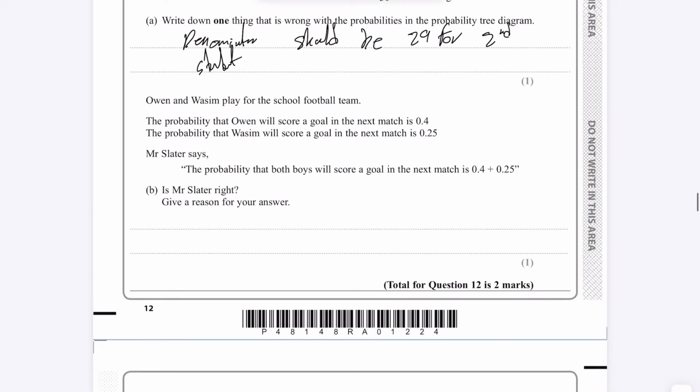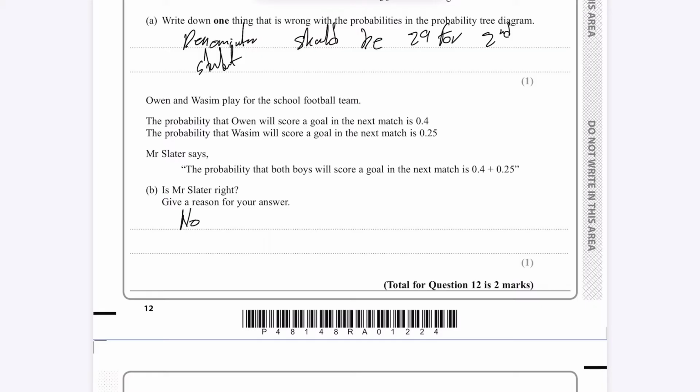Owen and Wasim play for school football. The probability that Owen scores a goal next match is 0.4. The probability that Wasim scores a goal next match is 0.25. Mr. Slater says the probability that both boys will score a goal in the next match is 0.4 plus 0.25. Is Mr. Slater right? Well, the answer is no, because